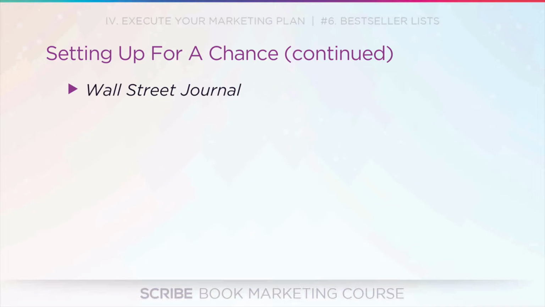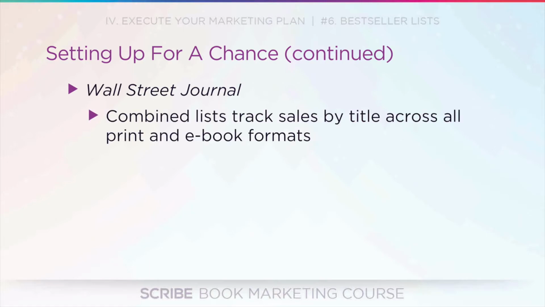Wall Street Journal is another list that's fairly high status. The Wall Street Journal tends to be the most honest list. They generally use Nielsen BookScan data and just use that as their list. BookScan is a division of Nielsen Company, the same company that calculates TV ratings. They gather point of sale data for book sales from about 16,000 retail stores that sell books, in addition to, I believe, all major ebook providers. And so they exclude free ebooks and ebooks that sell for 99 cents or less. But the problem with them is they almost exclusively focus on business.